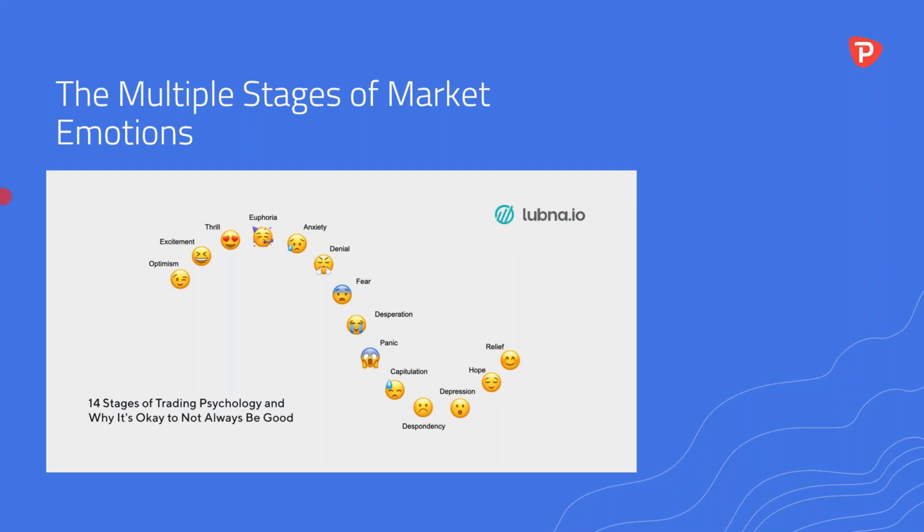So I just thought it was an interesting little chart to have up there, and it shows you more in the emoji way of looking at things. But if you look at any market and consider the stages of the market, you will see that there's always that optimism, euphoria, and then of course the fear and the panic comes in afterwards, followed by the recovery.